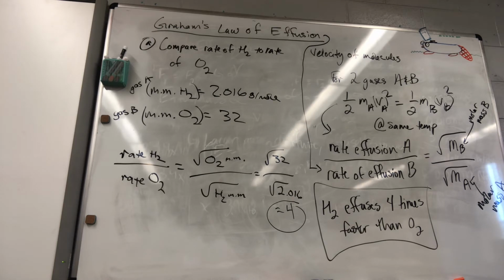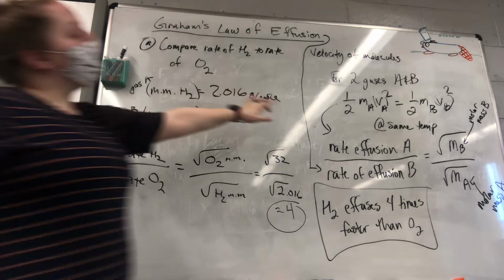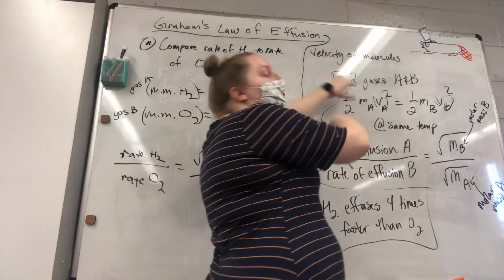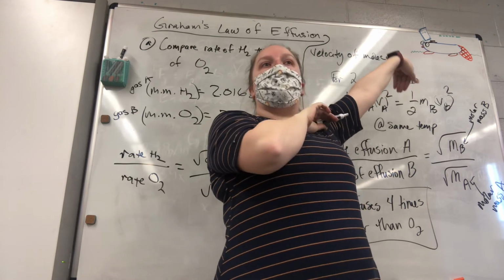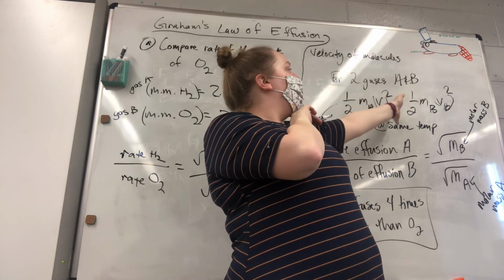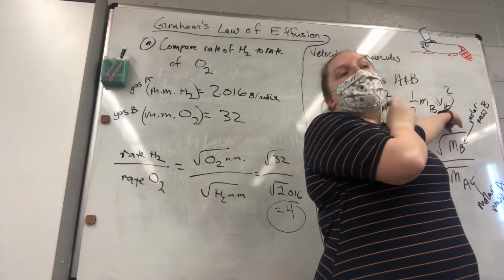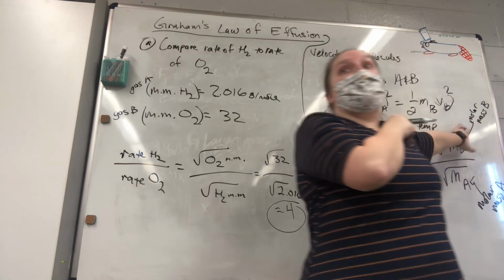Yes, sir? So is that first equation for defining like the different velocities of stuff? This guy just gives us Graham's law of effusion. We could, in theory, if we wanted to know a velocity of, say, H2, figure it out, but we'd have to be given the velocity of B in comparison. But yes, that is one way you could use the kinetic energy relationship.